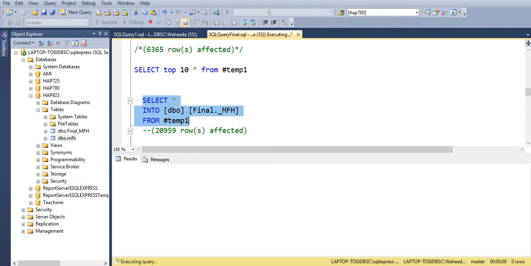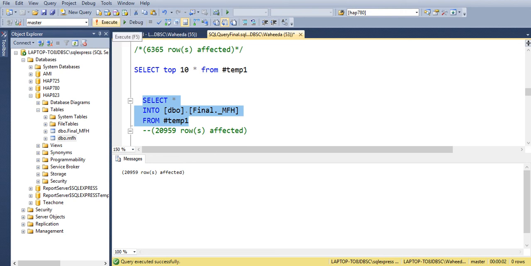And if we run that one, I'm just using a basic function. Also, because we had it in the temp table, I want to create a permanent table, and we could see that we have about 20,959 that I dropped to a final table. So we have a permanent table now